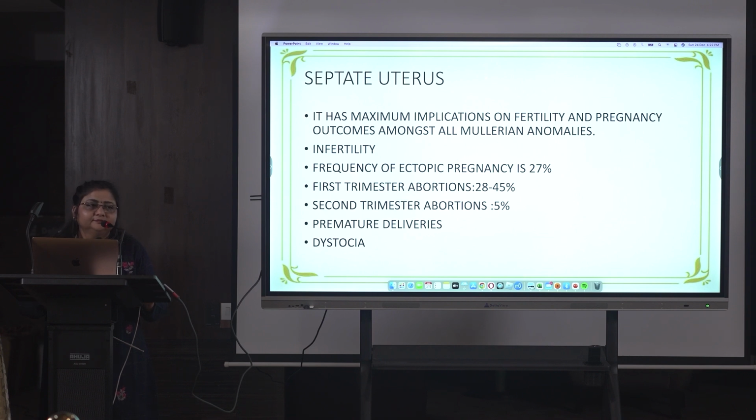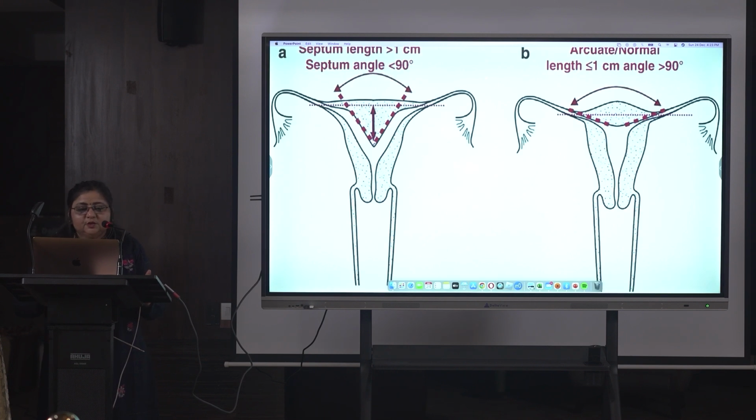Yes. Bicornuate uterus has the maximum incidence of giving rise to cervical incompetence. So that's why we should always know whether this is a septate uterus or a bicornuate uterus. Because in some patients we are treating them in the first trimester, but when they don't come in the second trimester and suddenly come with a full bag of membranes, then we come to know that it is a cervical incompetence.